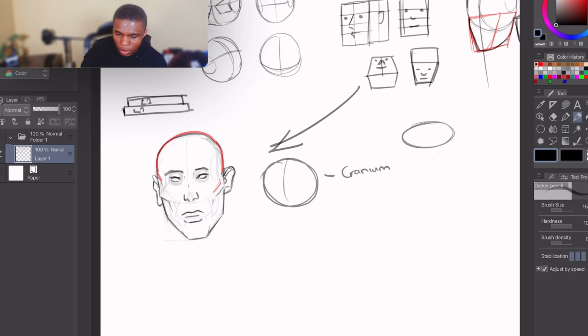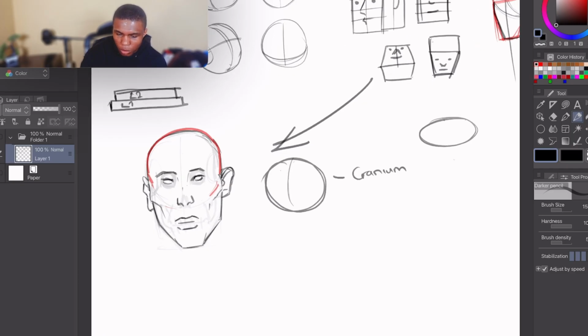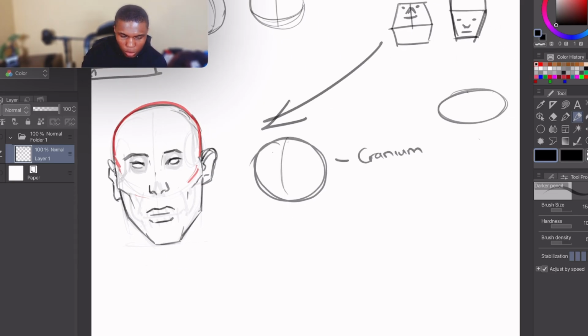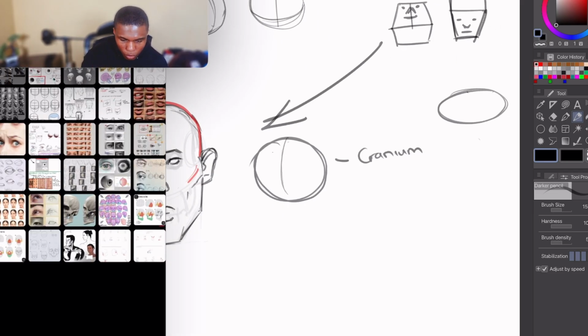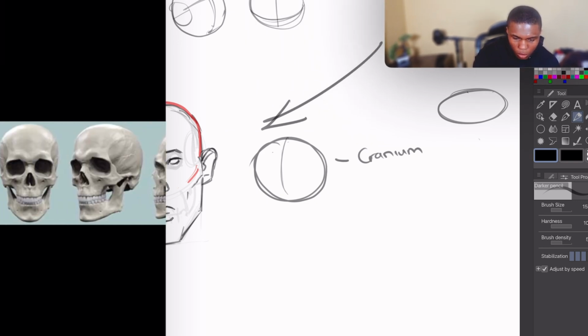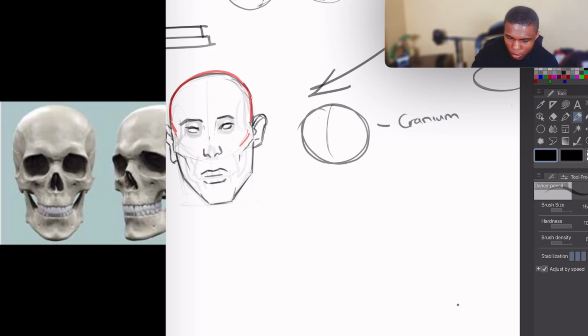You're looking at the zygomatic bone, or the zygomatic arc, when you look at a skull. Let me get a reference for a real skull. When you're looking at a skull like this,